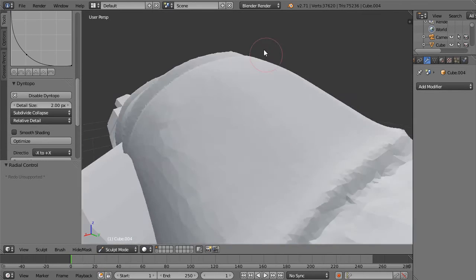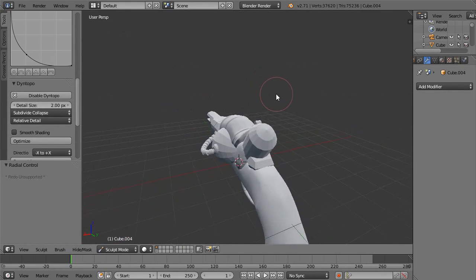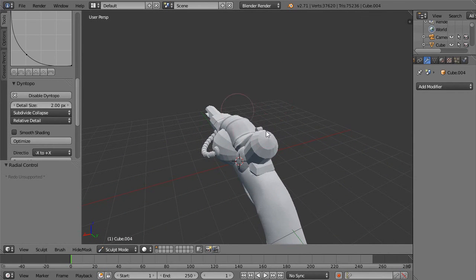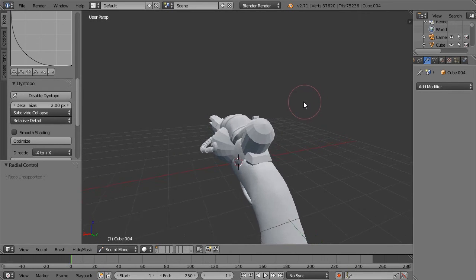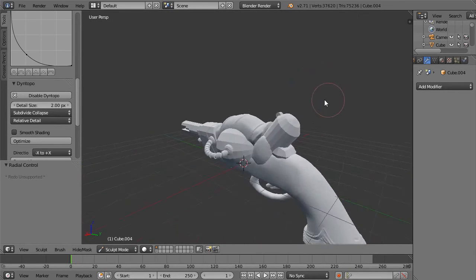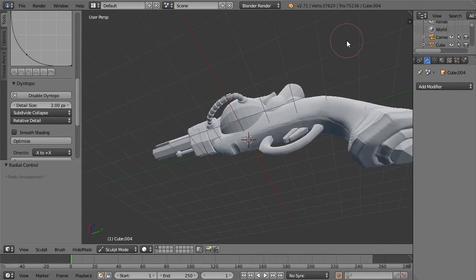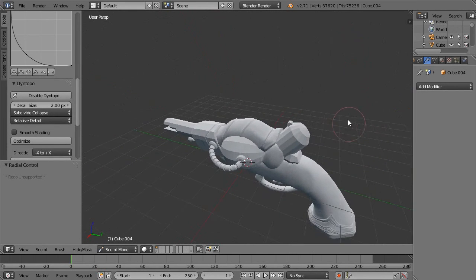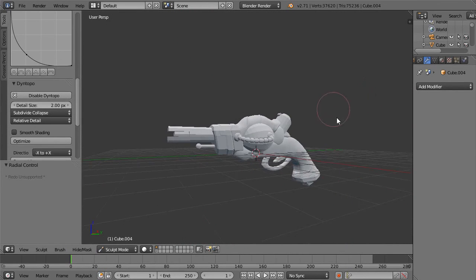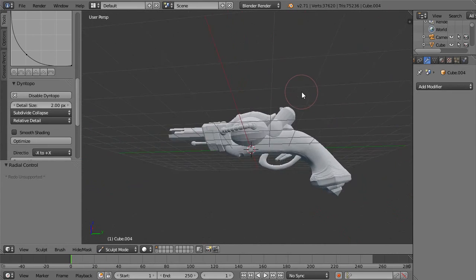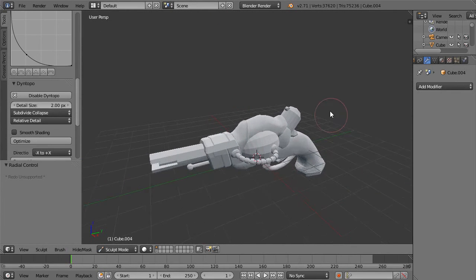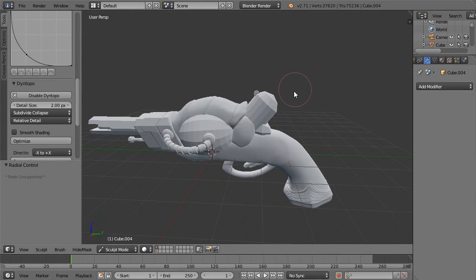Okay, so we got those ridges, and so say we're in a sci-fi game, we can have the gun facing this direction and we can see all these details. Unfortunately, you won't be able to see the pommel because that's going to be in your hand the entire time. But yeah, we're getting closer to being done with the sculptural aspect. We will be adding more details. And for the next lesson, we're going to go in and tackle these little bits here and potentially